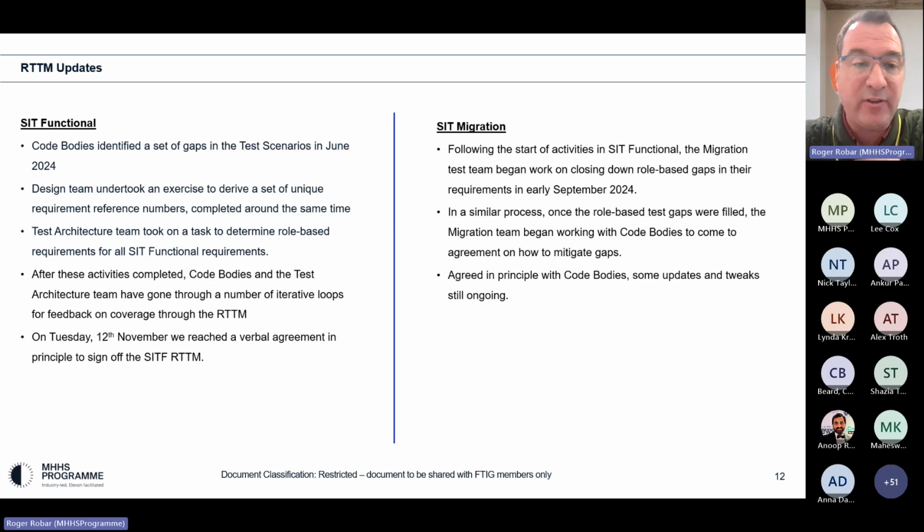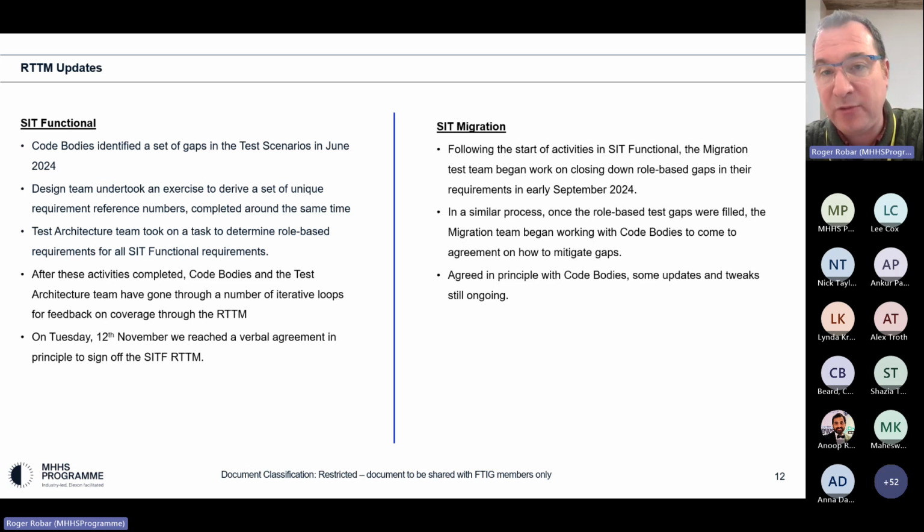This was a significant effort by the test architecture team to look at our role-based requirements for SIT functional. After that, the code bodies and the architecture team went through a number of iterative loops, quite close review, especially for SIT functional, of the changes that were proposed. This included taking some tests out of scope, but primarily adding tests to scope.